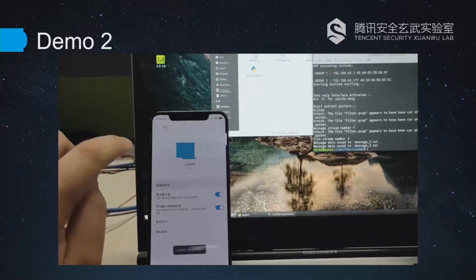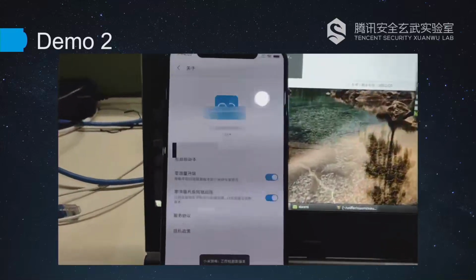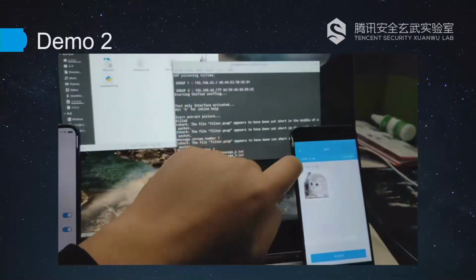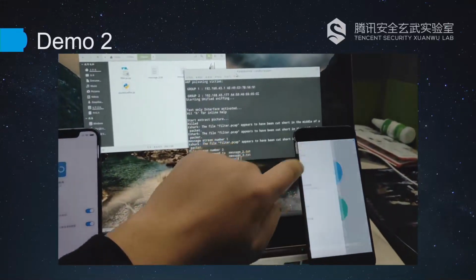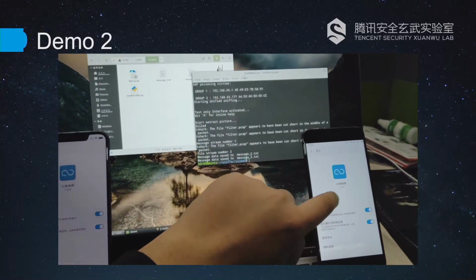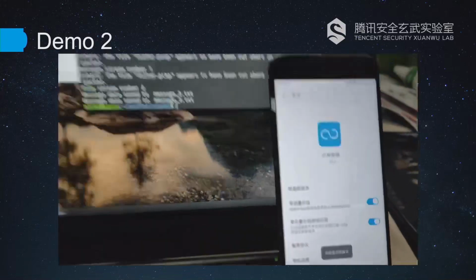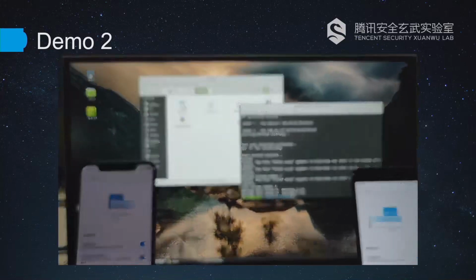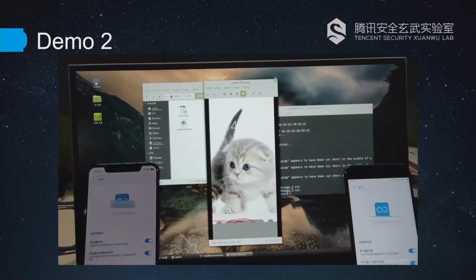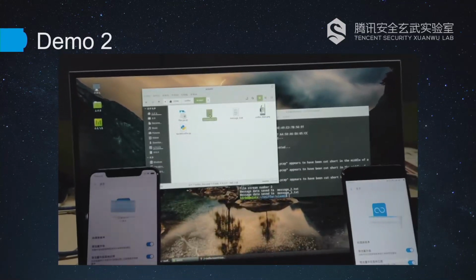You can see the pop-up on the computer. We checked it's the latest version when we recorded the video. And when transferring apps, actually, this is a picture.